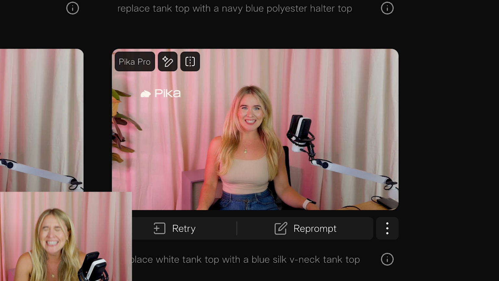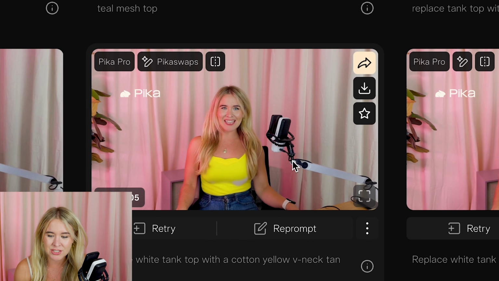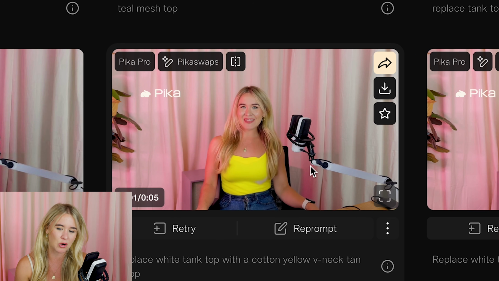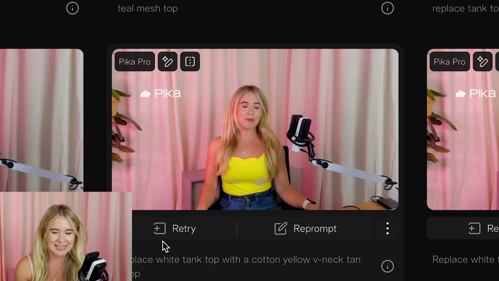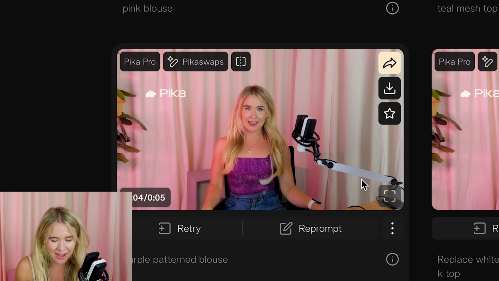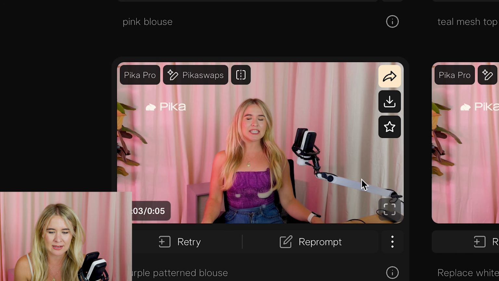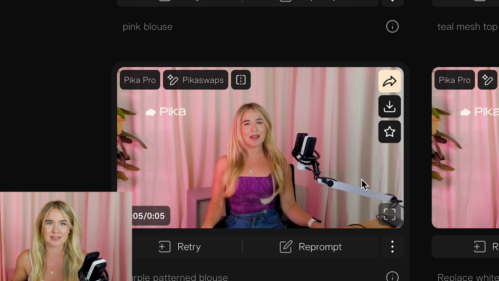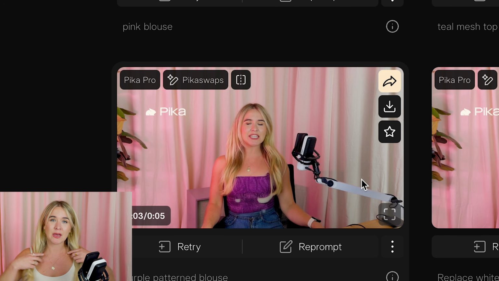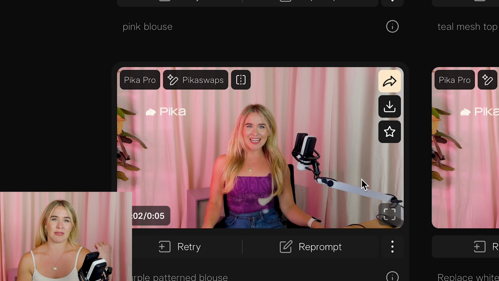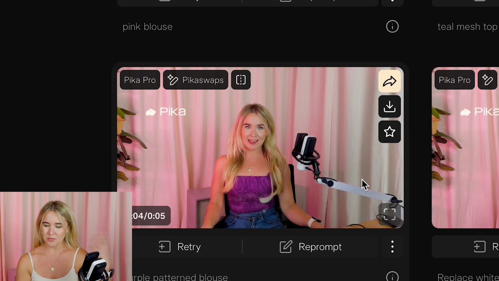Anyways, this one, it changed my top, but I also have a massive breast. Let's see what this one did. Okay, so the top changed. There's something weird running through it. This has got to be because my hair is over it. That is another tip. Keep your hair out of the way and then you won't deal with weird, strange generations